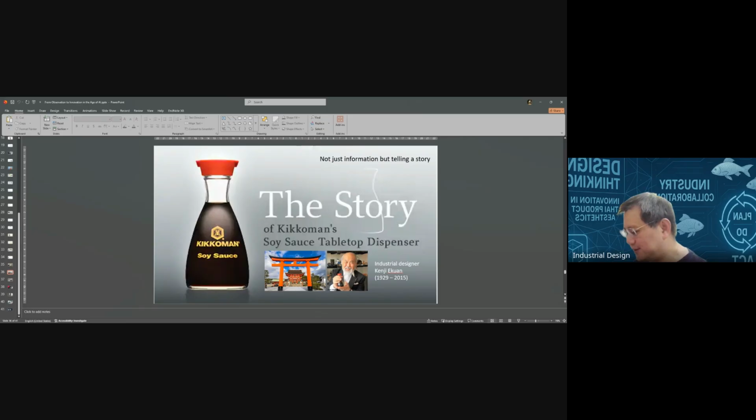Kenji Ikwan says the design of the product, he thinks it's like the vehicle that transfer the idea, the culture, like